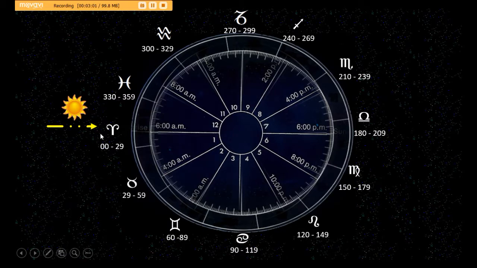Now rising points are mainly in the east, but depending on how you're viewing,